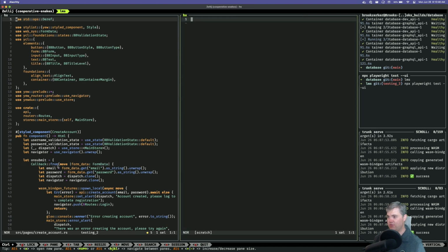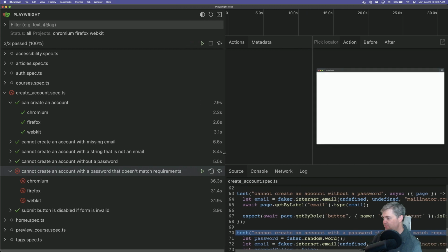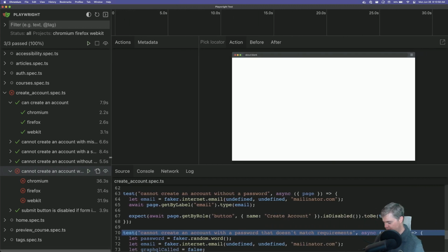Okay, so we have you. We want a pattern, so that's this next thing. Cannot create a password that doesn't match the requirements. So